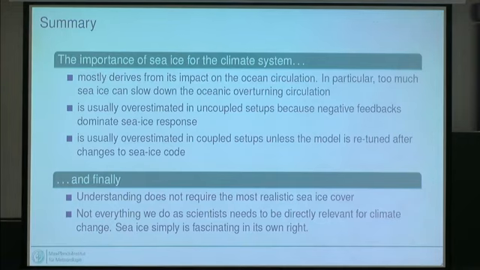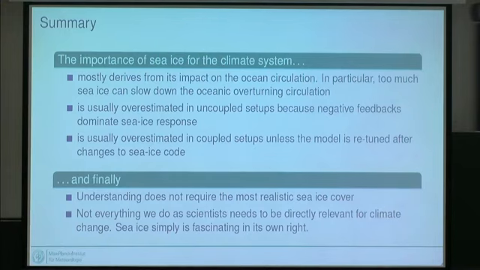And so I believe that for understanding things, the most simple parameterizations might often be the most helpful ones because you really understand what you change. The same holds for the salt release from sea ice. If I tune the overall salt I have in sea ice, I can much more directly understand what the impact of salt from sea ice is on the ocean circulation. Whereas if I have a complicated parameterization, it might be much harder to understand that.